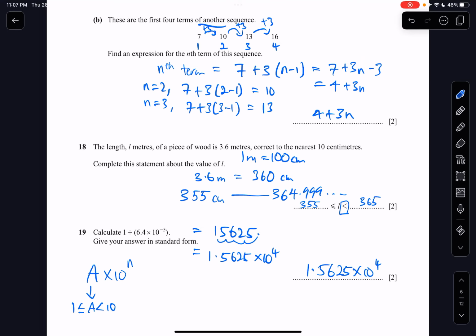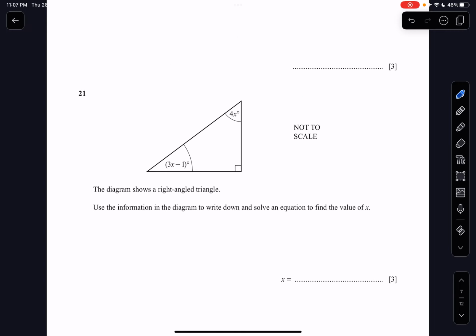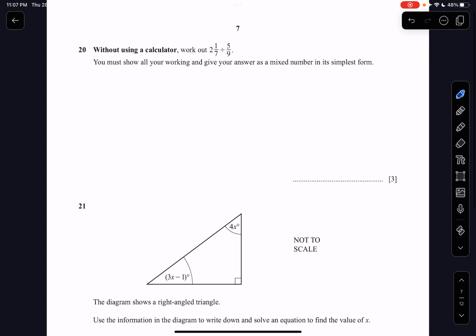Okay, this is the second part of the video, so let's continue to the next page. So the next question that I'll be doing is question number 20 without using a calculator. Okay, so this is the key here. I need to show all my workings. So work out 2